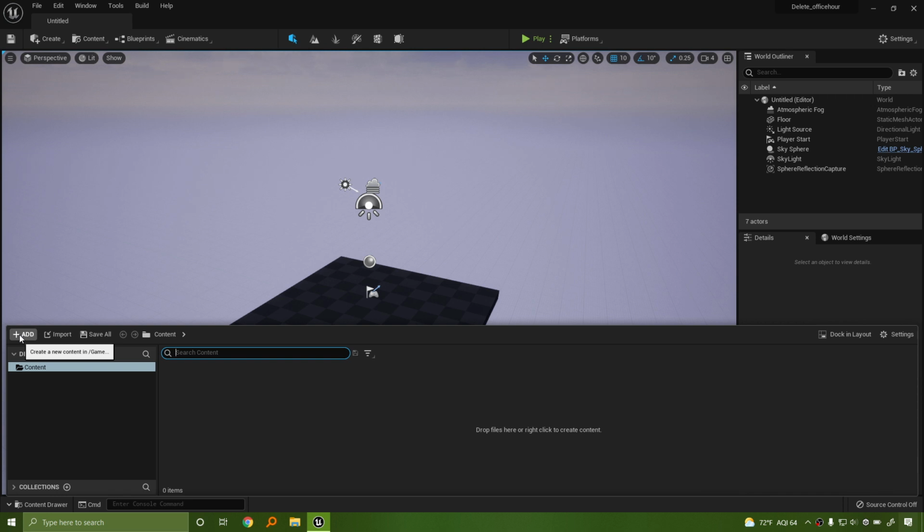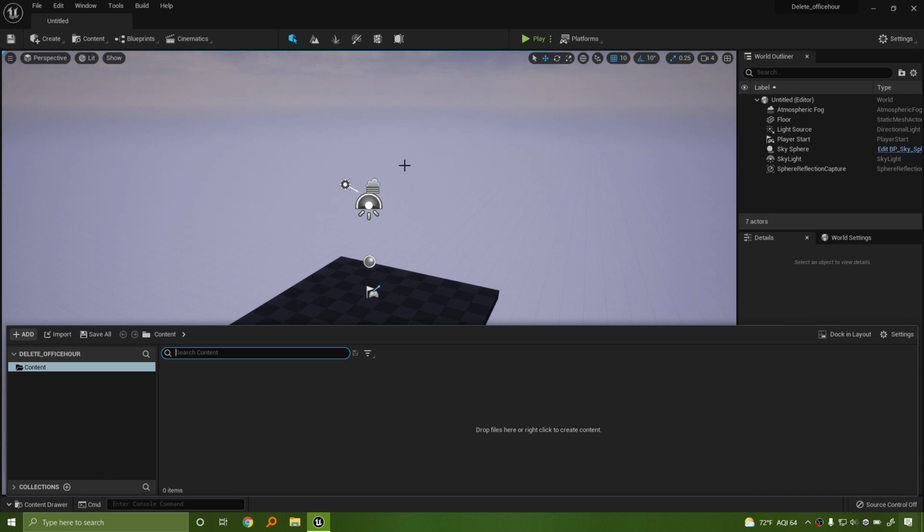Now, you can add things by dragging and dropping things into the content folder in Windows. But I warn people against that, at least new people, because sometimes Epic and Unreal Engine don't read files that are dragged in manually unless they are formatted already for the engine. And I'll show that probably at the end of today.